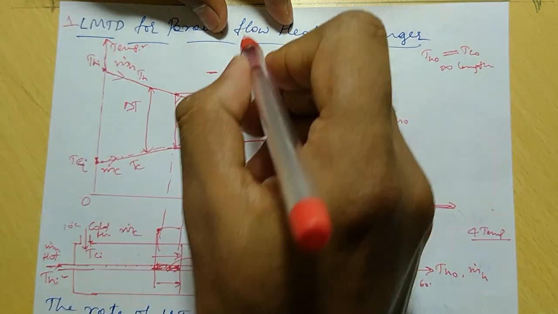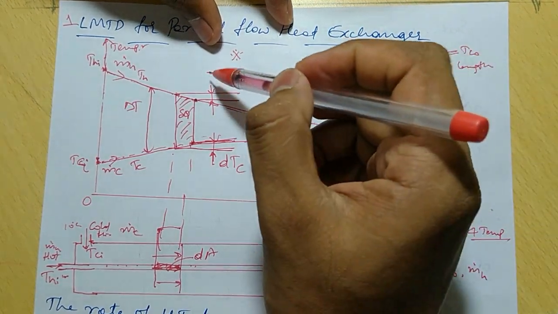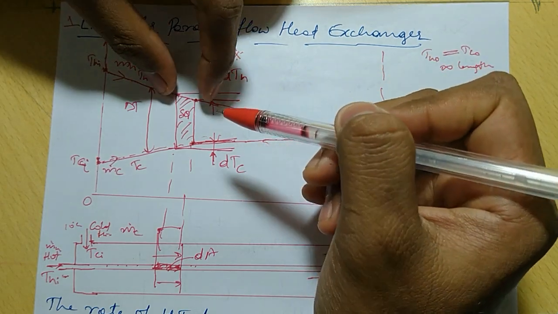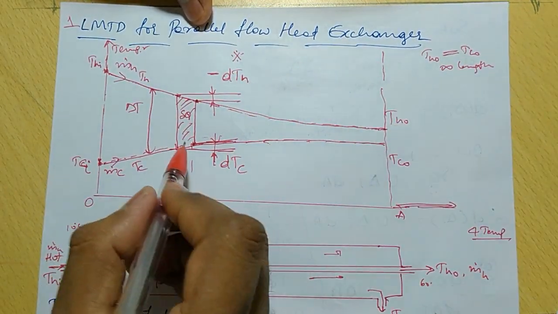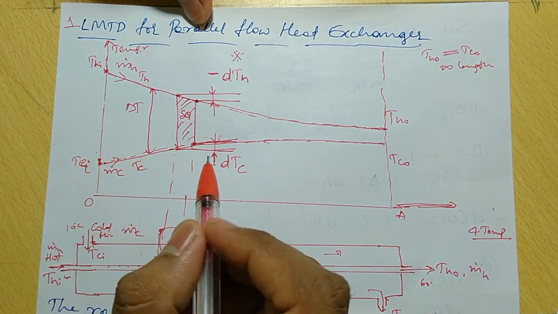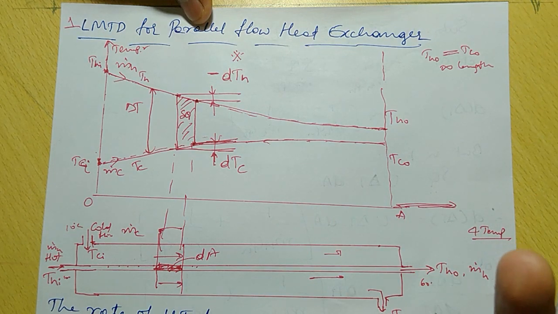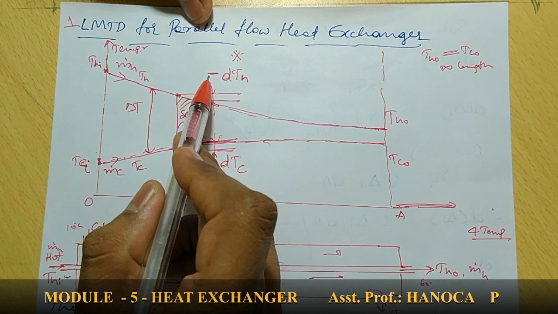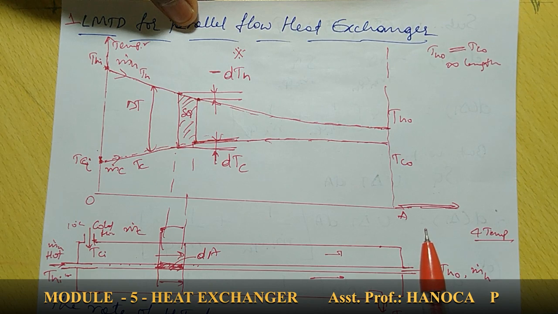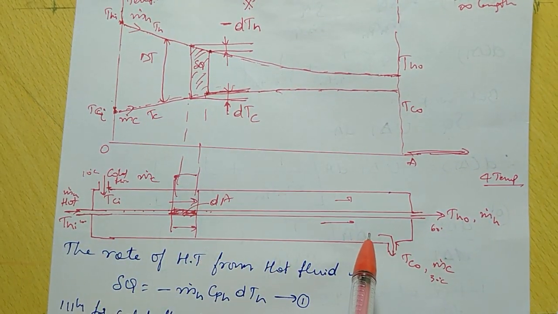This is very important for the derivation. The whole derivation depends upon the sign. For the parallel flow, this is minus, because if you take the temperature difference, you will get the negative. Highest value minus lowest value gives a positive answer. If it is lowest value minus highest value, you will get a negative answer. Now the sketch is complete. Parallel flow means both cold fluid and hot fluid are moving in the same direction.